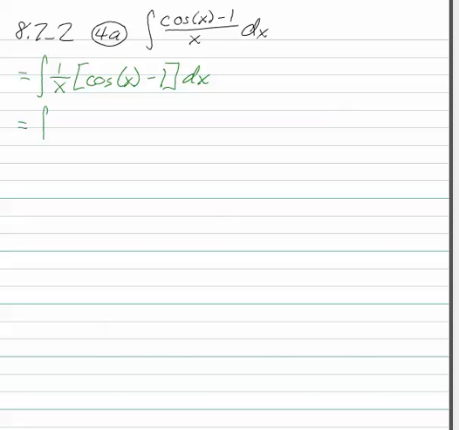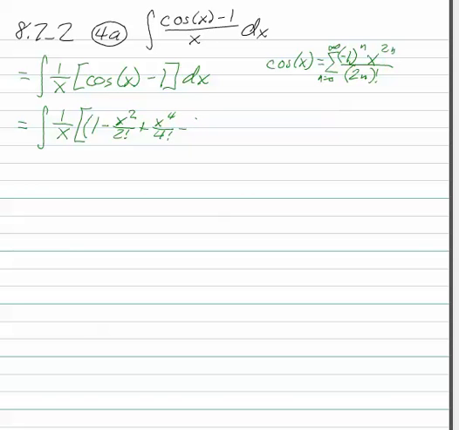So this is the integral 1 over x times. Now, if you remember cosine of x, it's a series. It is alternating. Both of the trig functions are. And cosine is an even function, so it's x to the 2n over 2n factorial from n equals 0 to infinity. So all I'm going to make sure is that I alternate starting with positive. I've got even powers and even factorials. So cosine x becomes 1 minus x squared over 2 factorial plus x to the 4th over 4 factorial minus x to the 6th over 6 factorial plus and so on. You can see that, yes, it might be hard to plug in n repeatedly, but if you establish a pattern, it's really not that hard. Minus 1